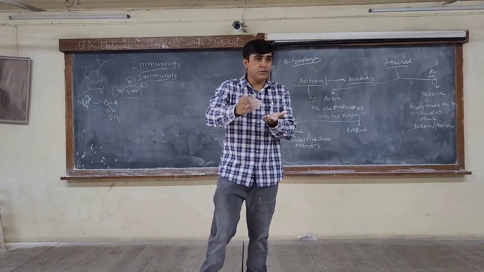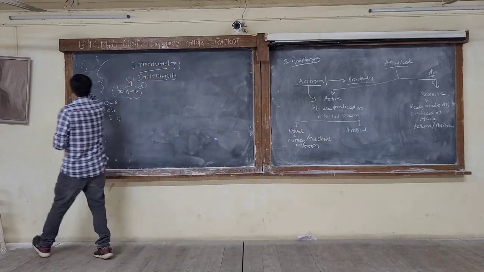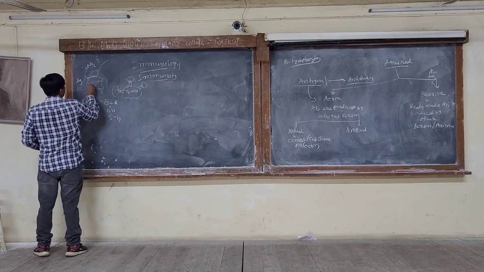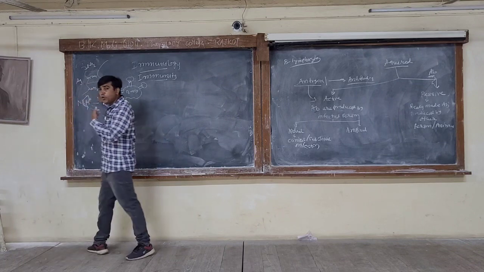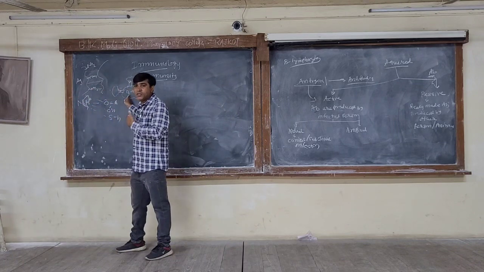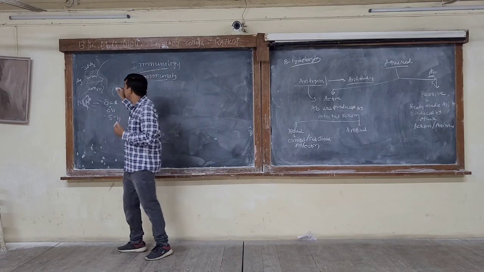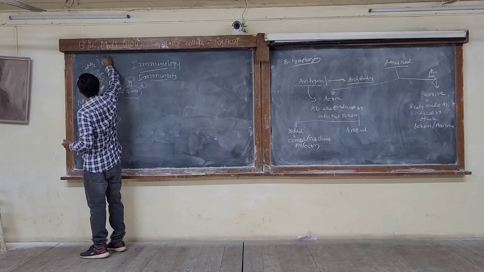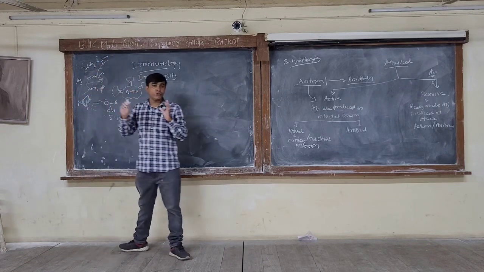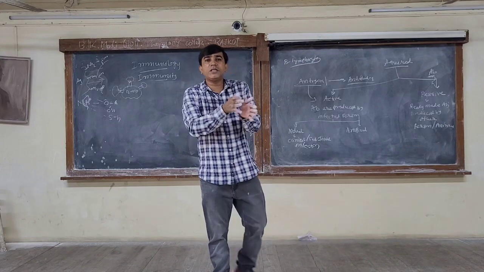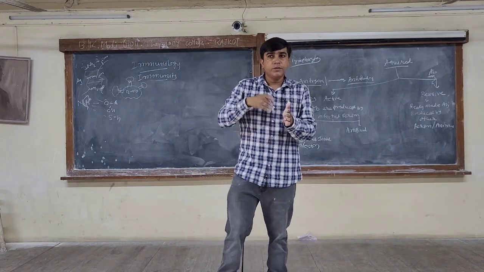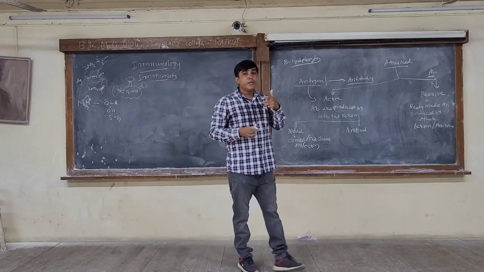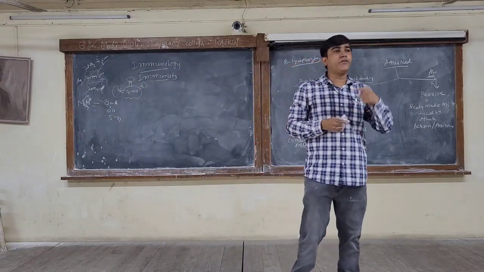Say, on the surface of the antigen, if the structure is like this, NH2, COOH, NH2, the antibody which is produced by B cells will have a complementary structure. That is, it will have NH, COOH, NH2 and COOH. So it can form multiple bonds. Clear? And it depends on the amino acids, the configuration, their arrangement. That is why on first exposure, the B cells need to read the surface first.